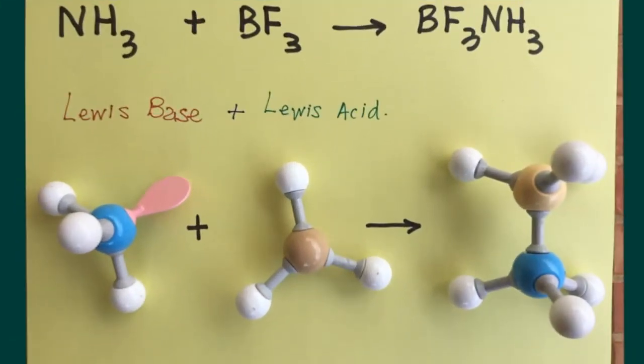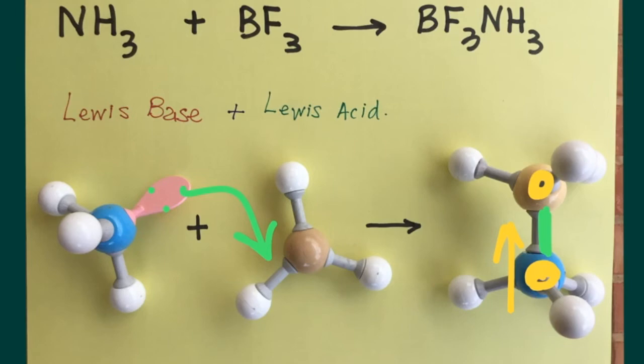And here you can see if we brought this Lewis base, NH3, to react with this Lewis acid, BF3, then this lone pair of electrons would be donated here, and this coordinate covalent bond would be established. A coordinate covalent bond being one where one species has donated both electrons for the covalent bond. And here you can see that NH3 has donated electrons and it has behaved as a Lewis base. It has also behaved as a nucleophile,